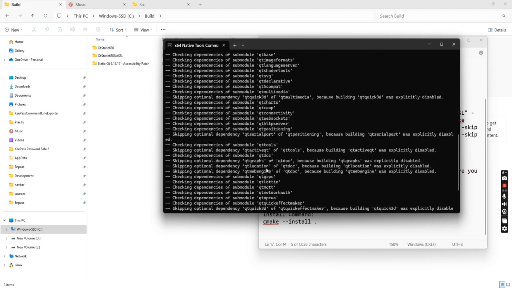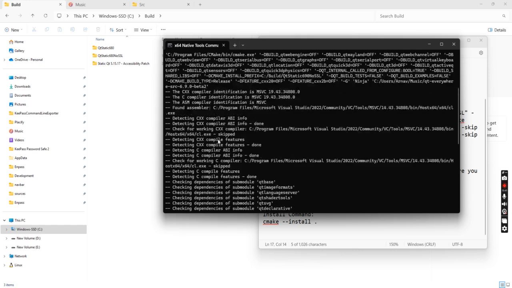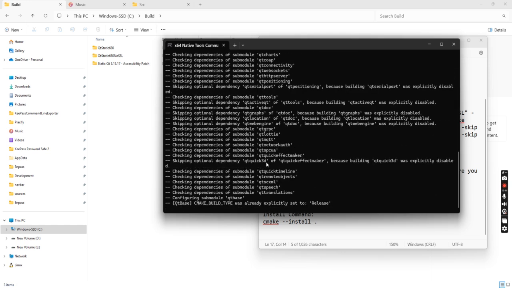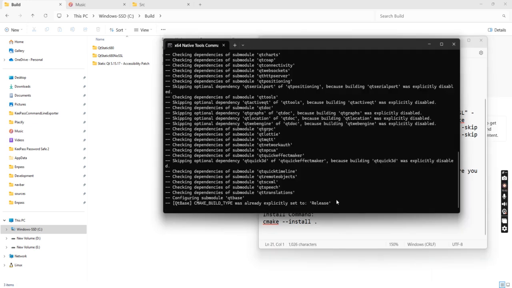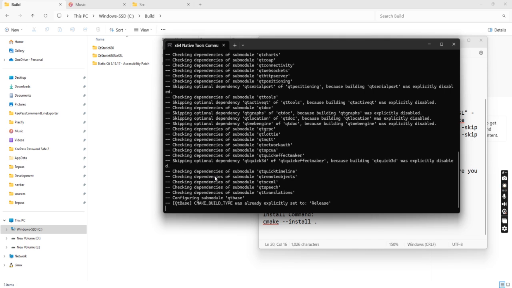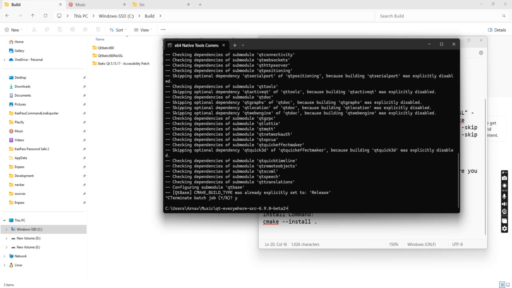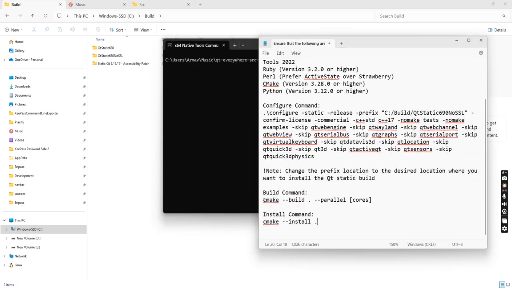This is taking a lot of time. Let me just allow the configure command to finish. Actually, I was thinking to finish the configure command and stop at the build command. It will take a lot of time, obviously. So okay, guys, I think it will be a lot of time to do this. I'll end this, but it will complete. After it completes, you only need to type this thing,